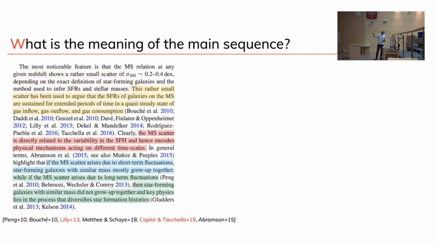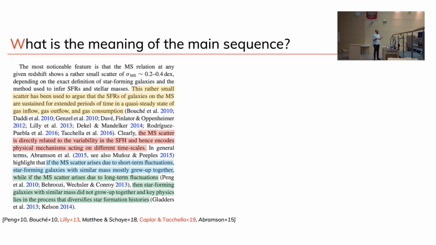This is another piece from another paper from Kepler and Academy. And again, about the meaning of the main sequence, not only the correlation is there as a function of redshift, then pretty much the same slope. But if you remember, there's also a rather small effect. And that's, again, going, at least in the main interpretation of this correlation, it's going to support the fact that